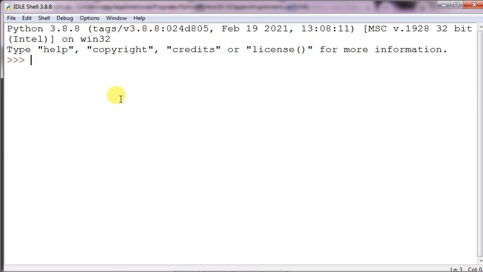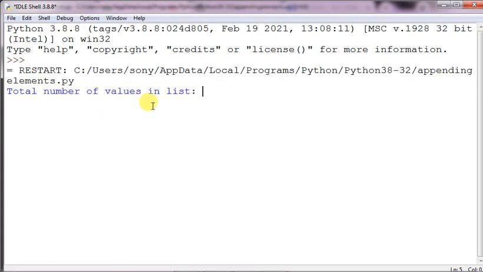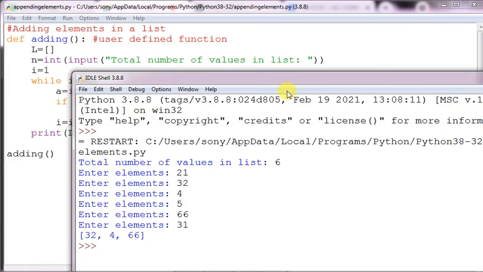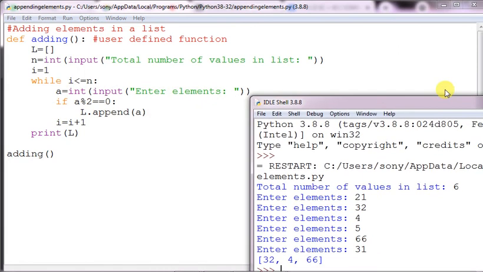Say this time we will enter 6 elements only: 21, 32, 4, 5, 66, and 31. You see only the even numbers have been inserted into the list. Have you seen this? This is what the append function does.